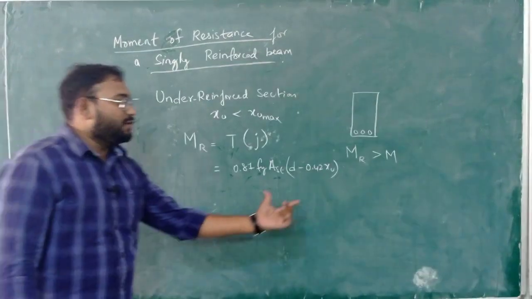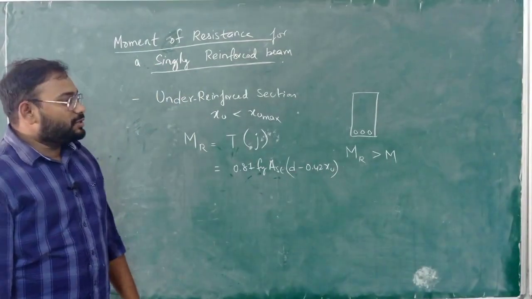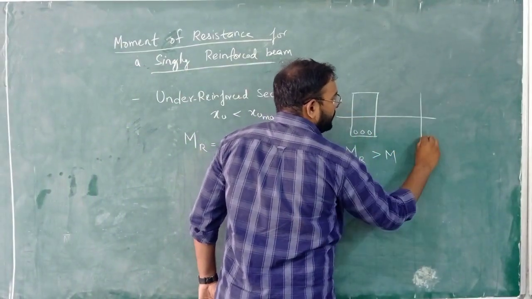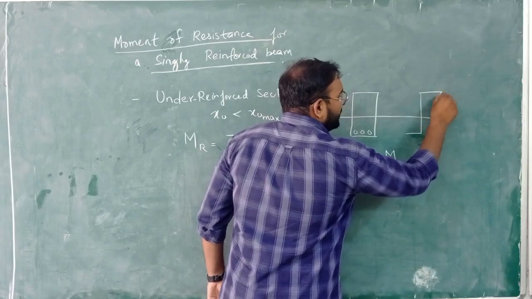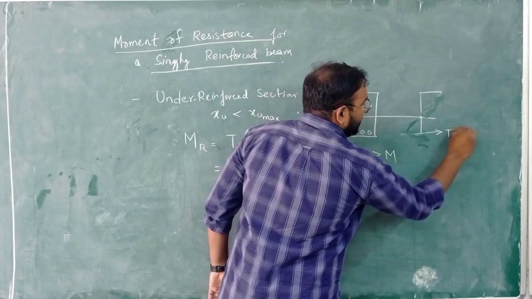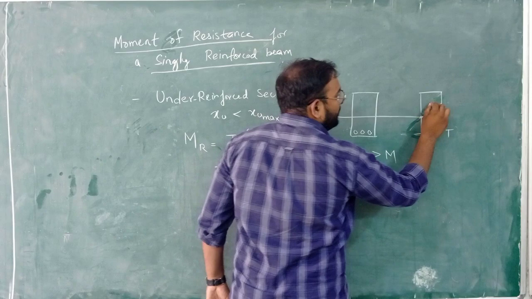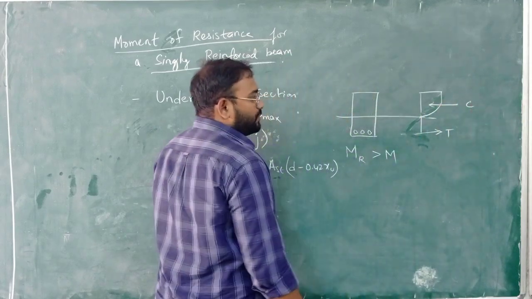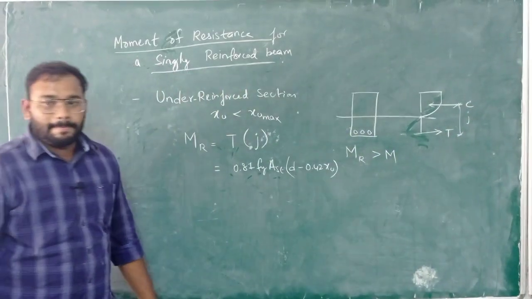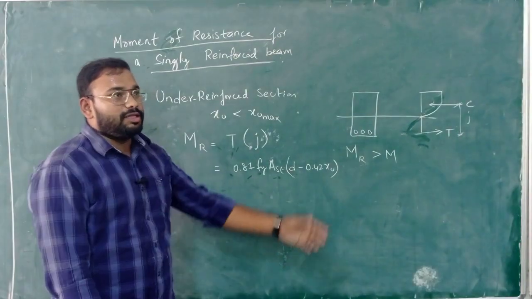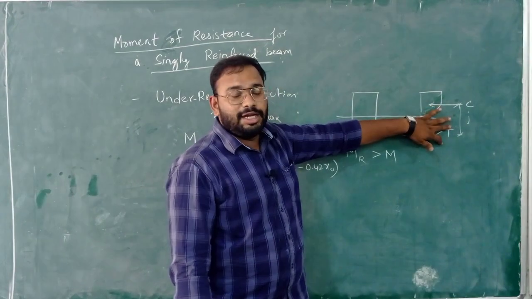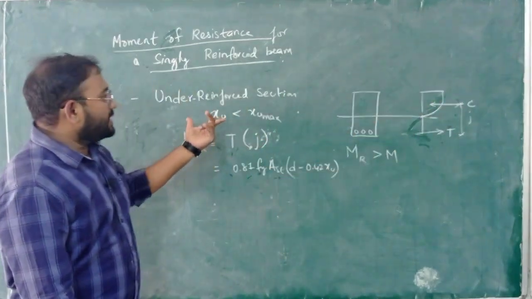So moment of resistance will be calculated by using the formula T multiplied by J. This T is tension. Tension will be taken up by steel here. Now which material is failing? Steel. So we will take T into J, tensile force multiplied by J. So what is T? If you remember, it is 0.87 Fy AST, stress multiplied by area of reinforcement by some factor of safety. So this will give me total tensile force. Now multiply this with J. J is D minus 0.42 XU. We have also derived this formula, how to get J.